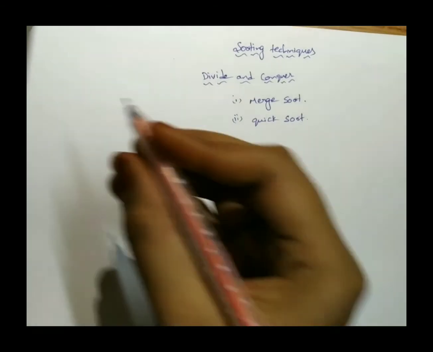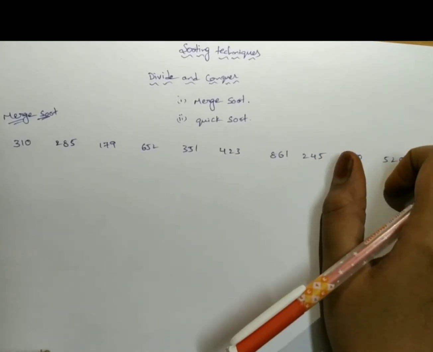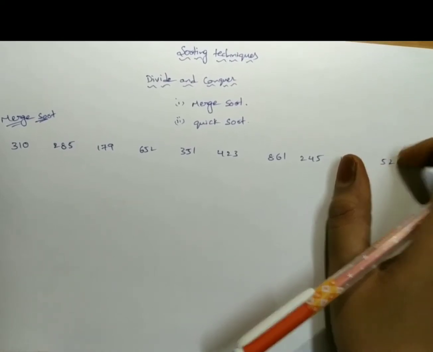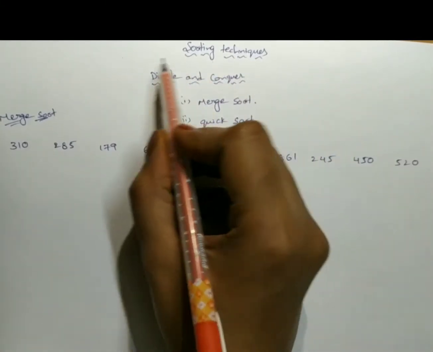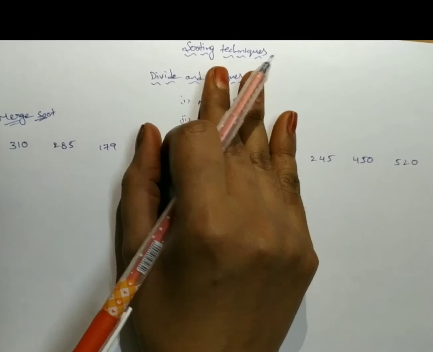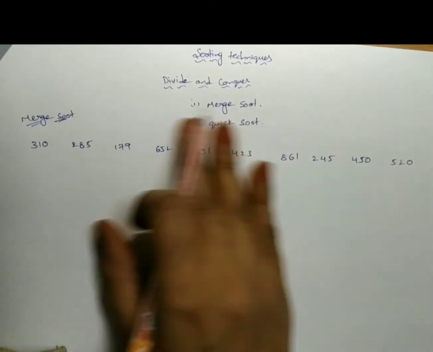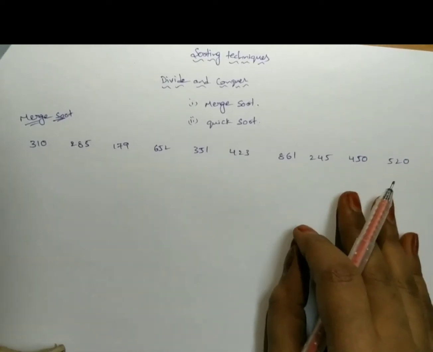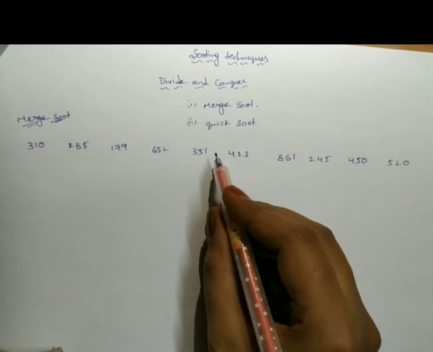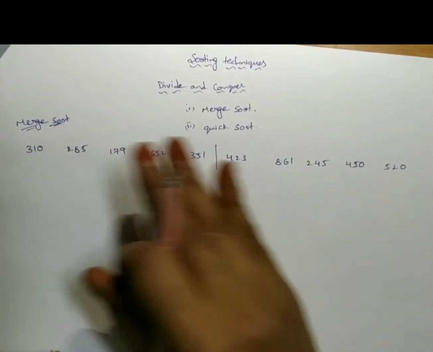Okay, first I am taking an example. This is an example for the merge sort problem. Now we need to arrange the elements in ascending order by using this divide and conquer technique. Following this technique means first we need to divide the given elements into smaller parts. We have 10 elements in the example, so I am partitioning the given set of elements into two different halves, that is 5 and 5. This is one subset and this is the other subset.